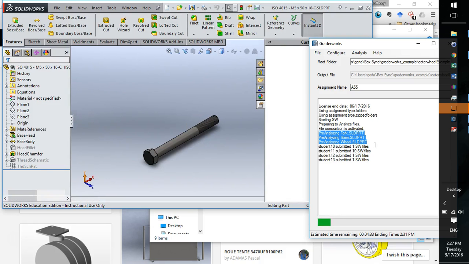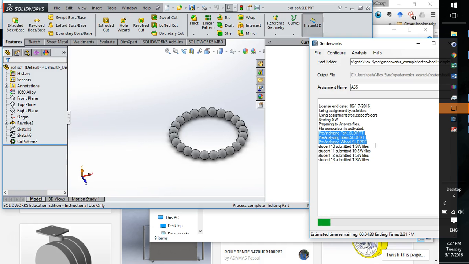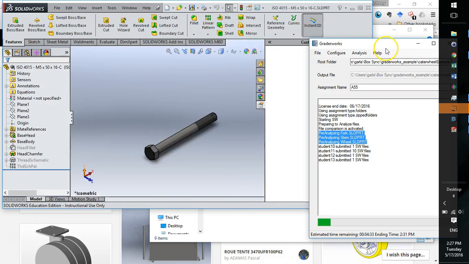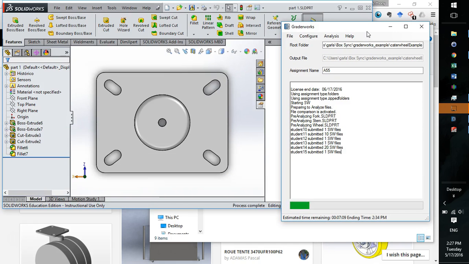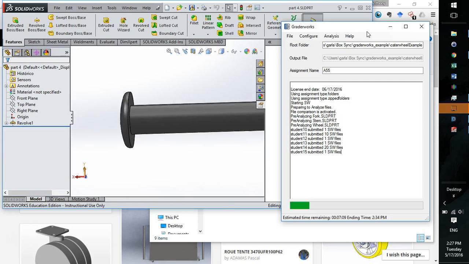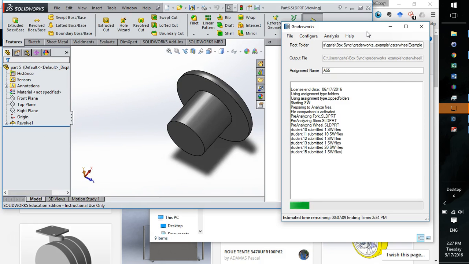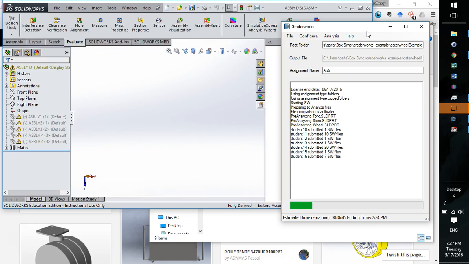It's pretty interesting looking at how other people have modeled the caster wheel. There are some people that used a single part with multiple bodies, and there's other people that used assemblies with multiple parts. It probably would be better to do an assembly with multiple parts, but it's just interesting looking at what